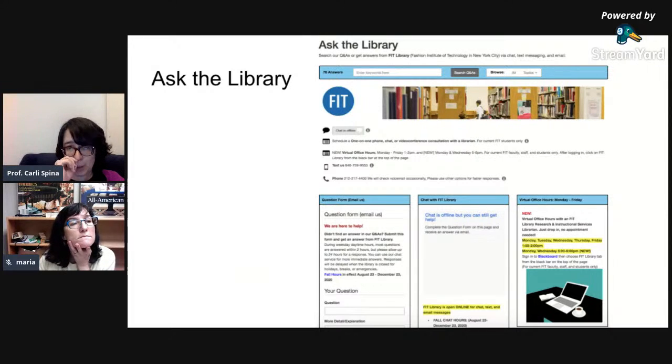And we can look at where this is on our website when we're looking at the live website as well. But as I mentioned, we have the ability to chat with us or to talk to us in a variety of different ways. So just as you can click when you're in OneSearch to ask us things, you can also come to the Ask the Library page and you can submit questions, you can chat with us.